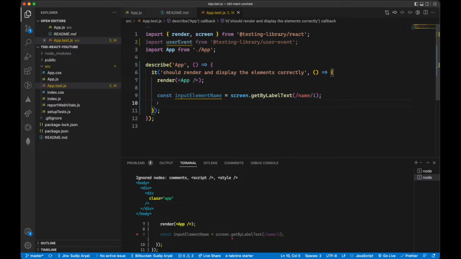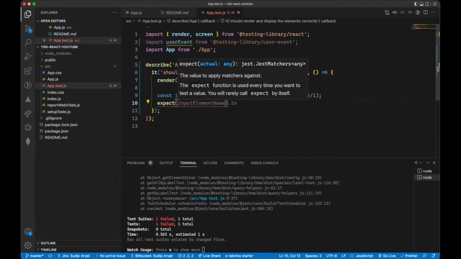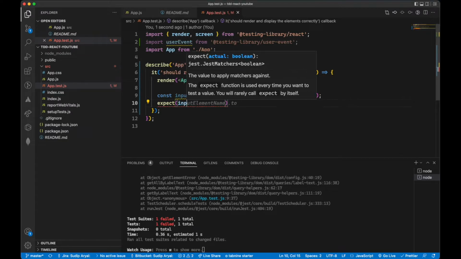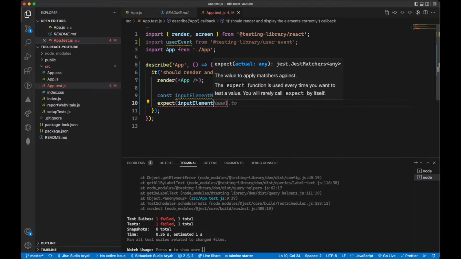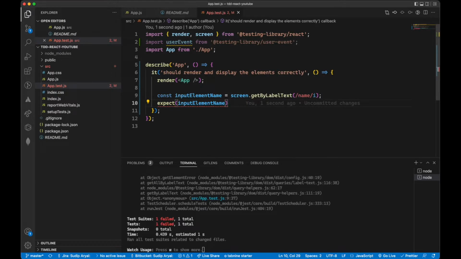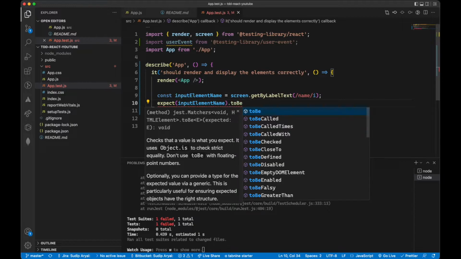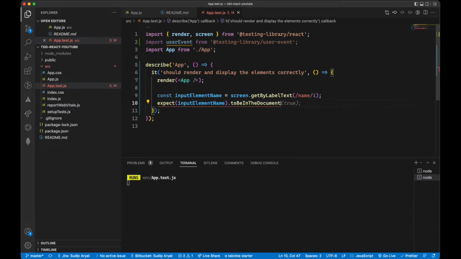In order to write an assertion, you can use an expect keyword, and inside that you can provide the thing you're testing. So I'm trying to test this input element name, and over here you can get hold of all of the assertion functions. What I'm trying to test is toBeInTheDocument. If I just do this, our test is going to fail